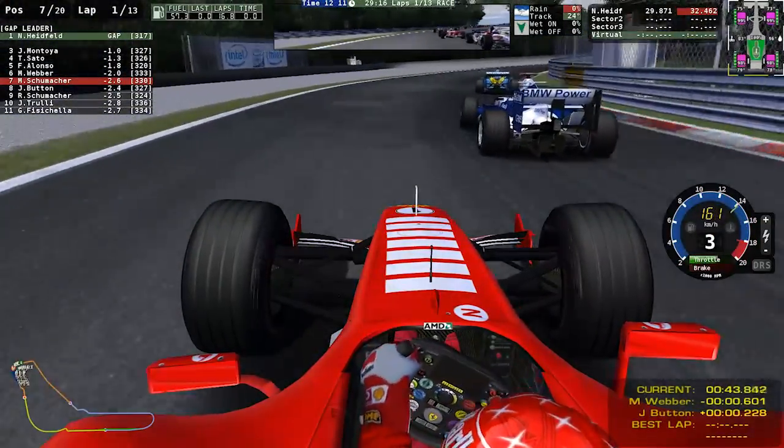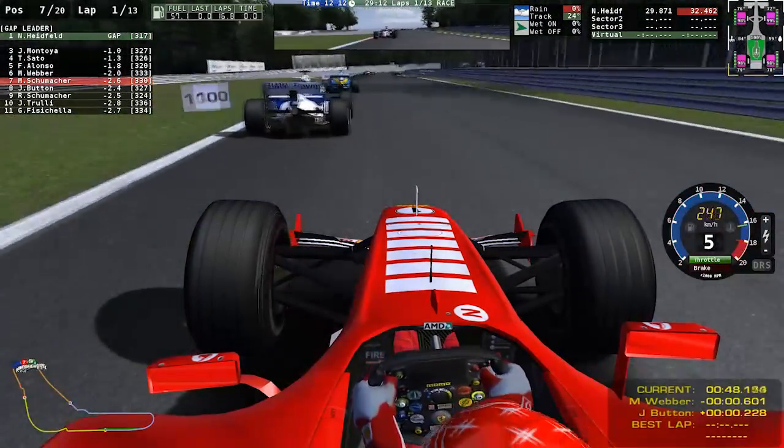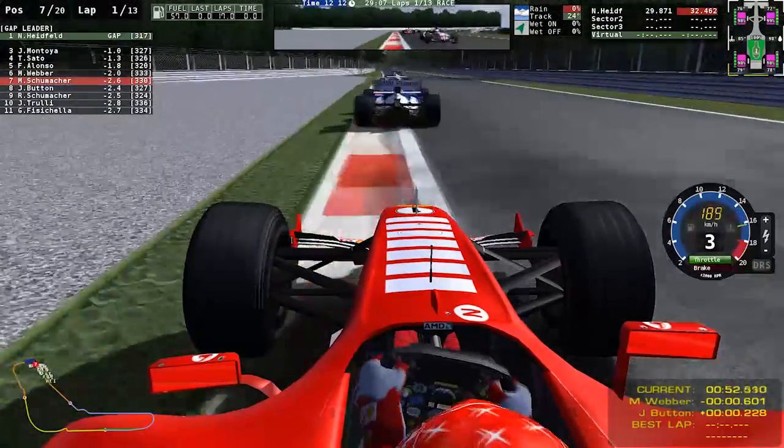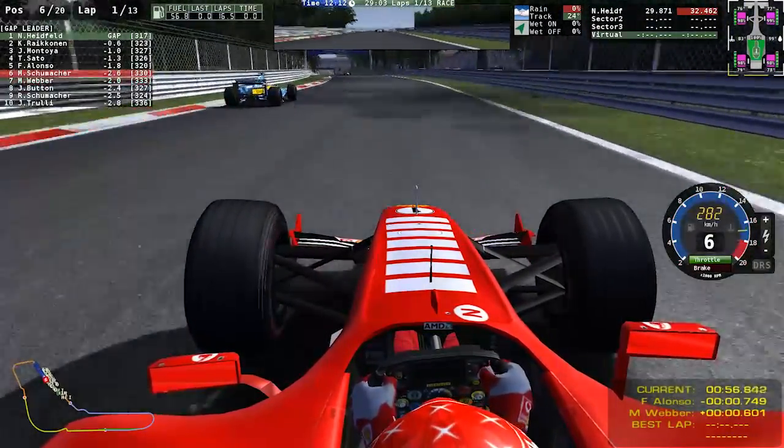as we now make our way into the first Lesmo, running out nice and wide to pull off a lovely little exit here, and can Michael possibly dive one up the inside of Mark Webber? No, he can't. He's going to have to hold back for a second here as he gets a brilliant exit out of the second Lesmo, and he's going to pull alongside Mark Webber and hopefully get past him before the